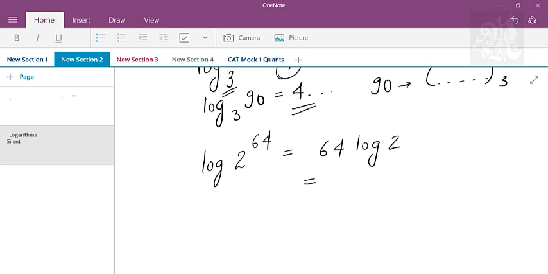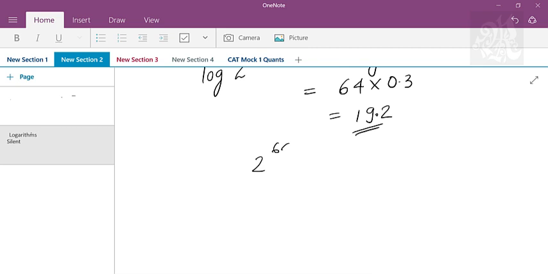What is log 2? 0.3. If I multiply 64 by 0.3, I end up getting 19.2. If the log of 2 raised to 64 is 19.2, it will have 20 digits, because 19.2 means it lies between 10 raised to 19 and 10 raised to 20, so it will have